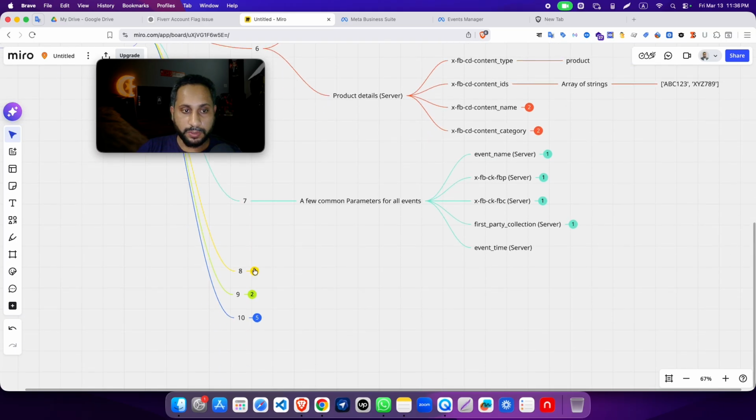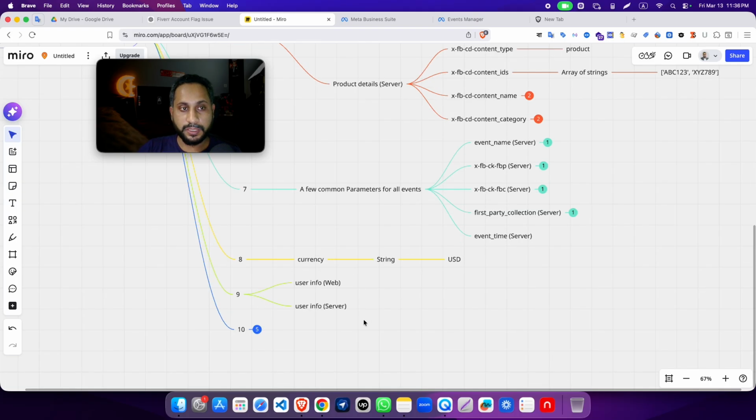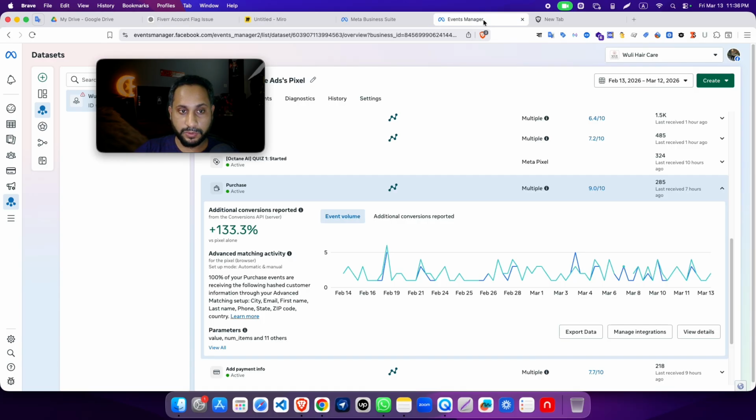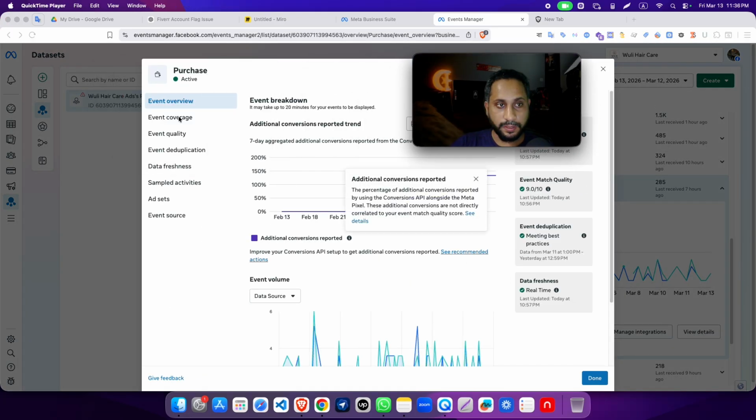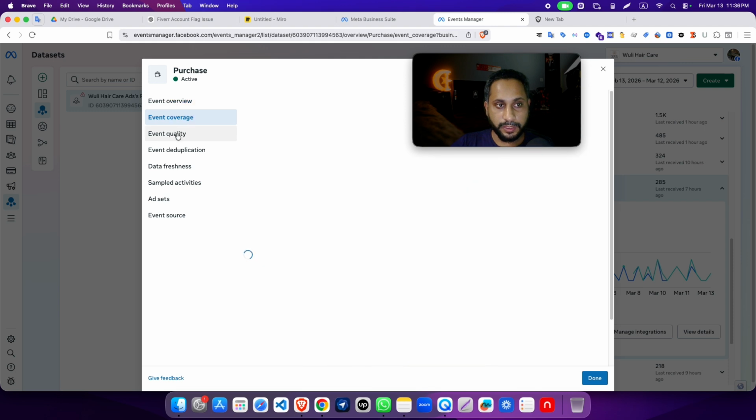Now number 8: we have to send the currency. The currency will be in string format, for example USD. Number 9: we have to send the user info, from the browser side as well as the server side. If I go to the Event Manager, I have sent the user info from both sides, and you can see the event quality.